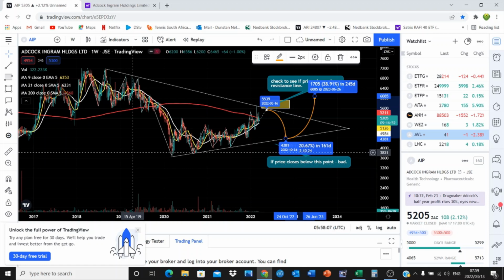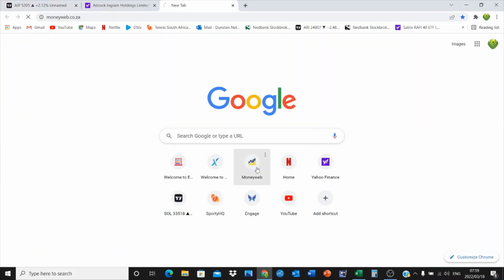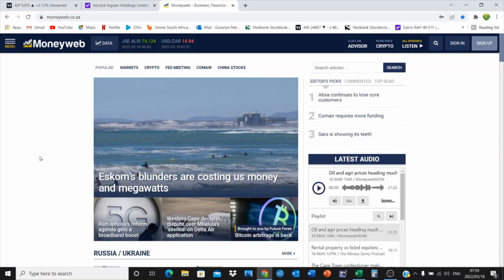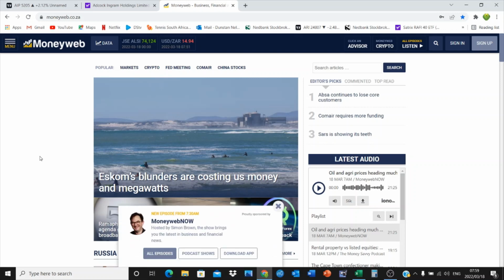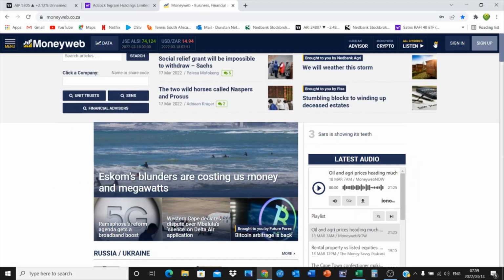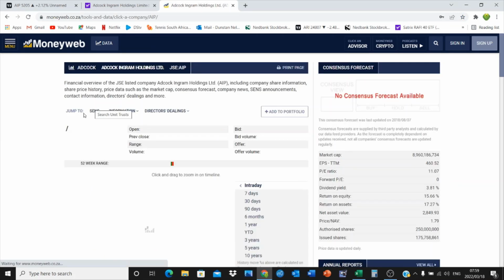Just to give you an idea as well, we have such a thing as MoneyWeb. Now, I am a subscriber to MoneyWeb. MoneyWeb is a very, very good website. It's to do with everything JSE, and there's so many articles. Now this is just on today's stuff, and you can even look up the company that you want to check. So let's say Adcock Ingram, and there we go, it comes up,